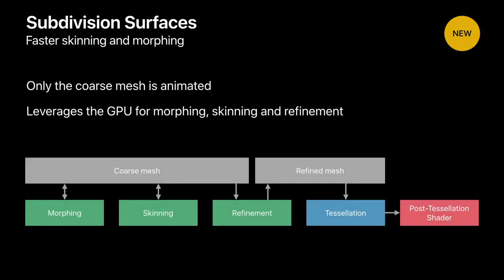Now last, animation of subdivision surfaces. This year, we have an all GPU pipeline that is really efficient. You can have a coarse mesh that you can deform using morphing. And then if you want, you can add skeletal animation with skinning. And finally, as the last step, we run the refinement code on the GPU. And this is very performant because we are working on the GPU on a low-resolution mesh, and then the very detailed one is generated on the fly by the GPU using tessellation.